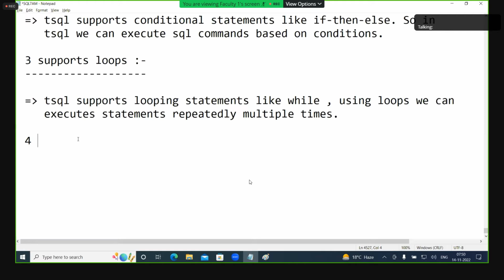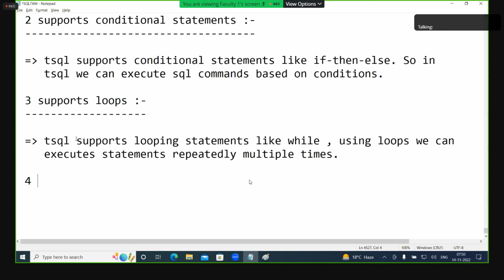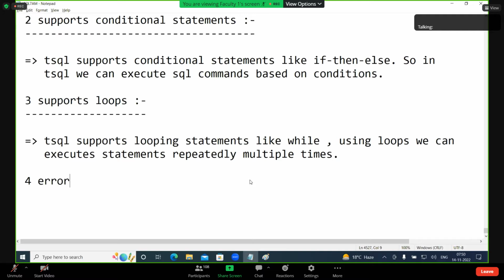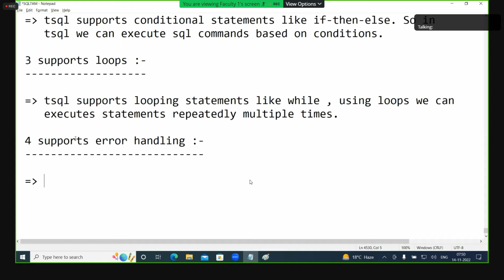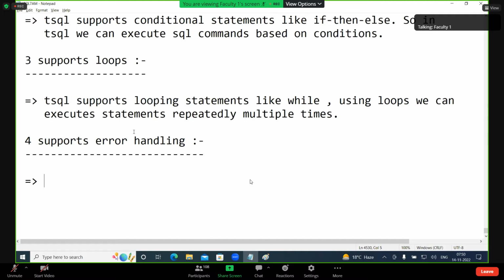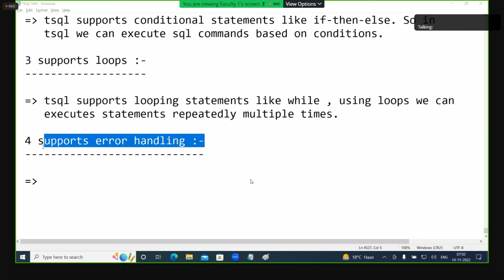Now let's see. One is improves performance, supports conditional statements, supports loops. The next one is error handling. TSQL supports error handling. What is error handling? In TSQL programs, we can handle errors. For example,